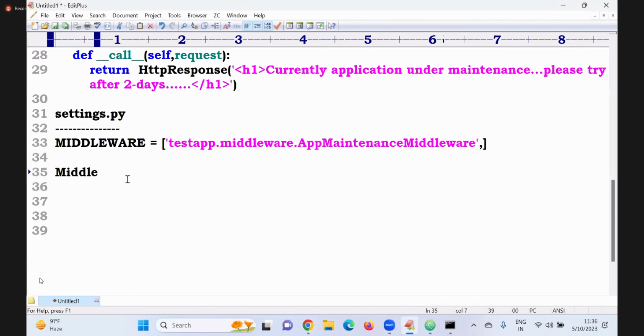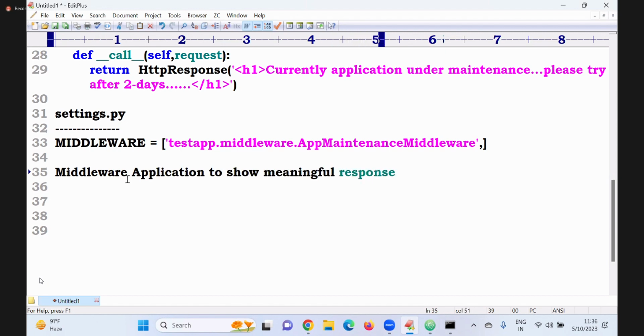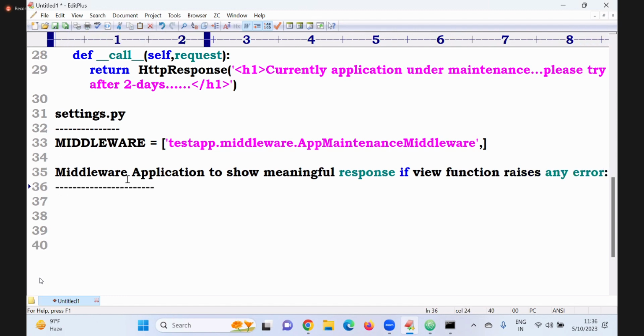Now next, I have implemented one middleware application to show a meaningful response if the view function raises any error. This is my concept. Okay, how can I handle that? Check it.